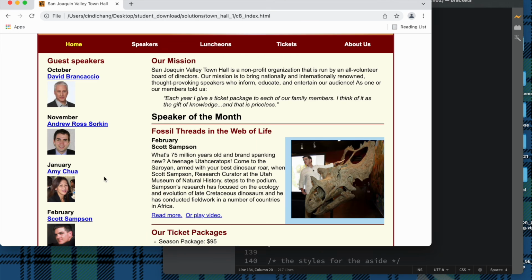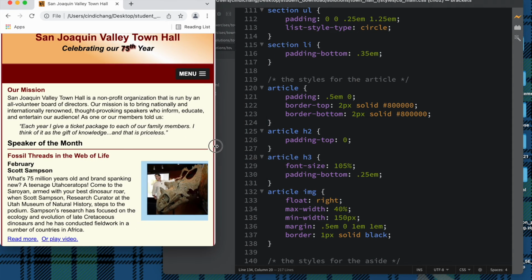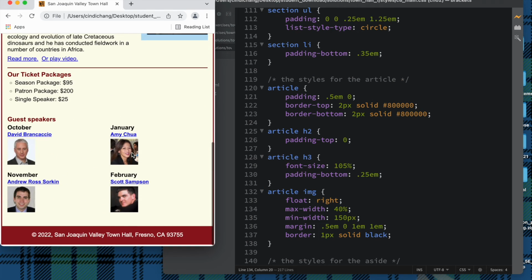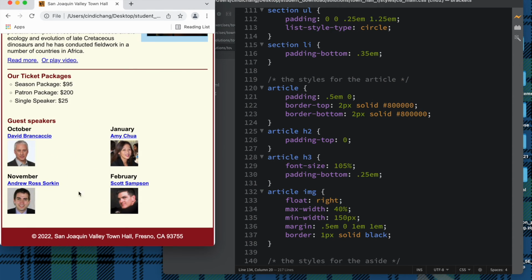Okay, so right now they're in one column. When I resize, they drop down. Now they could stay in one row, one column, a really long column, but why not utilize the space so it looks more balanced by putting them in two columns? To do that, you're going to need to add a div around everything in the aside except the